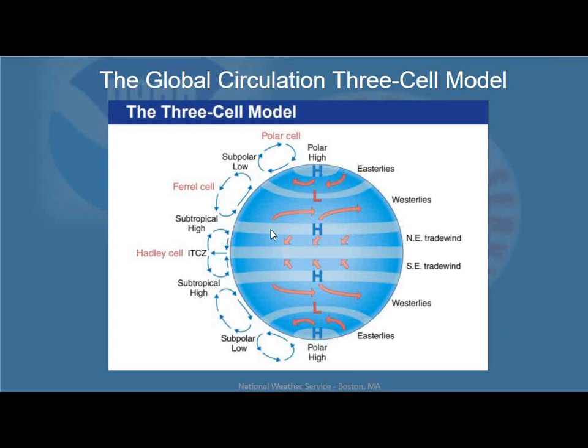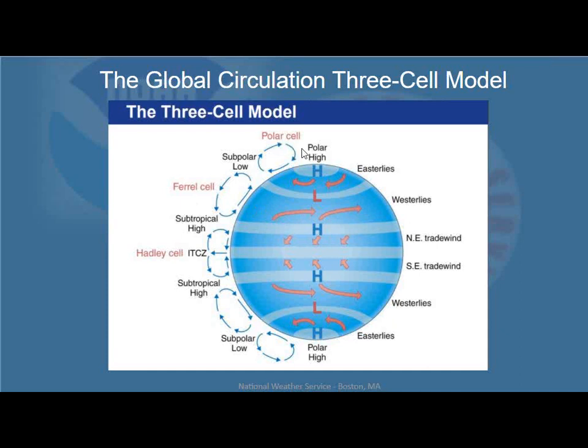Moving poleward into the mid-latitudes, which is where we live, we have the Ferrel cell. The Ferrel cell is characterized by the mid-latitude westerlies, where air flows poleward and eastward near the surface of the Earth, and it flows equatorward and westward at very high altitudes above the jet stream. It's the Ferrel cell that governs the west to east flow we see with our storm systems over the United States. And then finally at the top, we have the third cell, which is the polar cell,